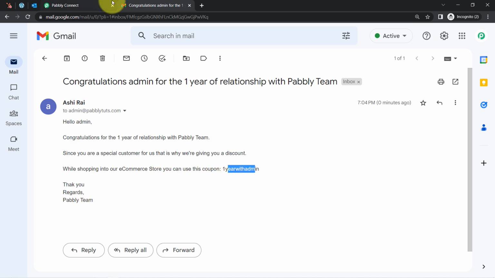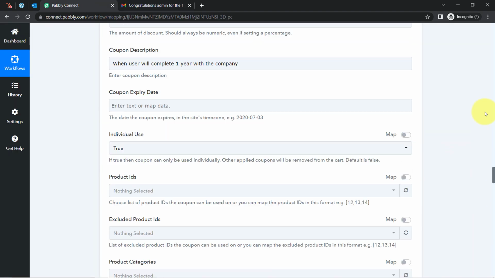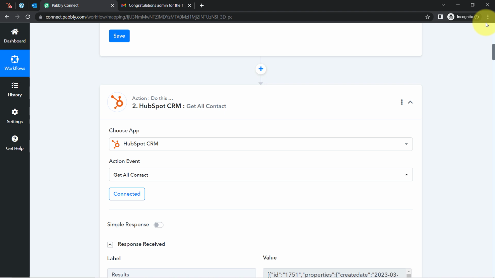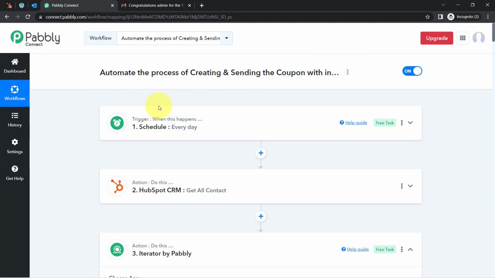Okay, so this is how from now onwards you can start creating and sending the coupon codes automatically for all the users who are completing 1 year with you. So this is how you can create special coupons for your special customers. And to automate this process, you just need to create this automation inside Pabbly Connect once. After that, you can simply close Pabbly Connect, sit back and relax, because this automation will execute every day automatically,